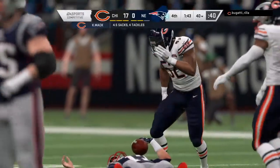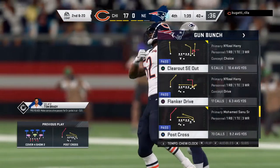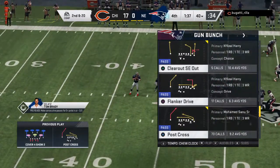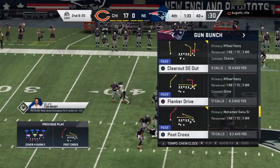Oh, he can't get away, and Brady will go down. Khalil Mack, make that now 4 sacks for him in tonight's ball game. This offensive line flat out cannot handle this pass rush. We've seen